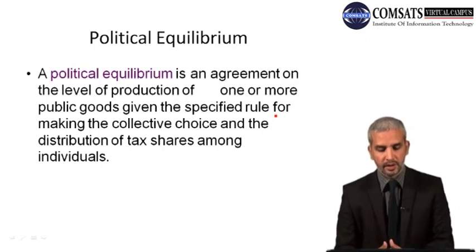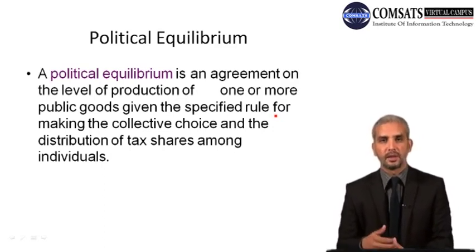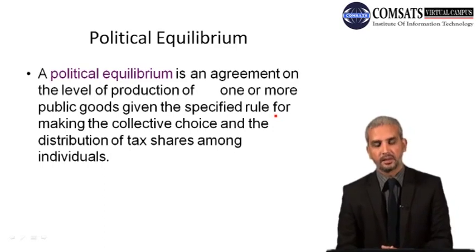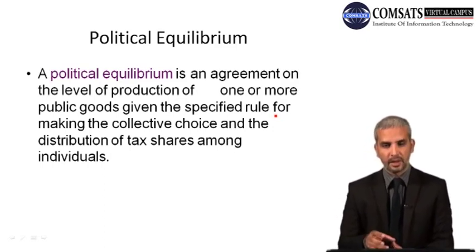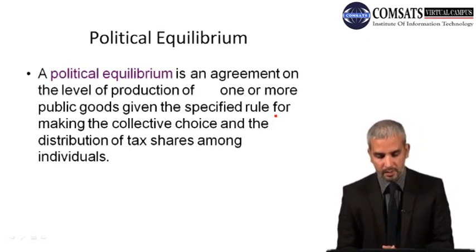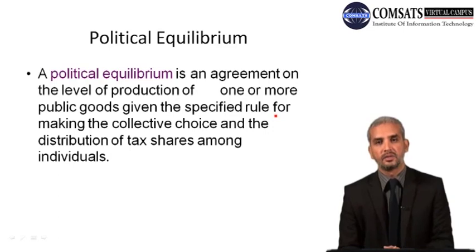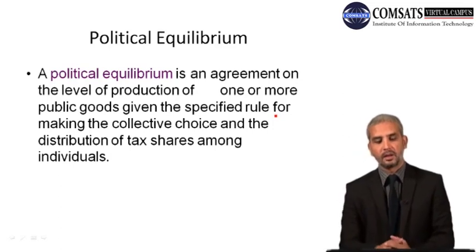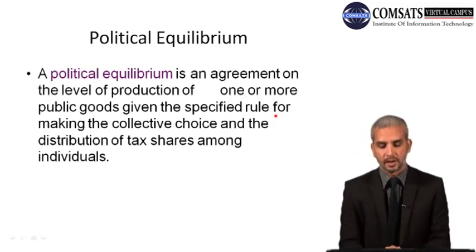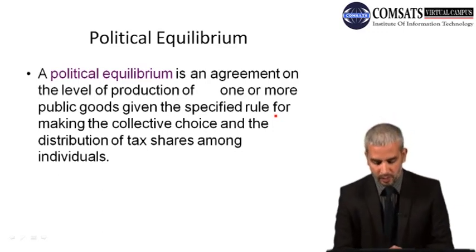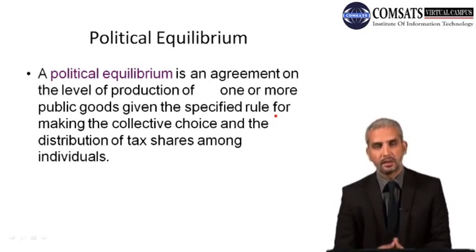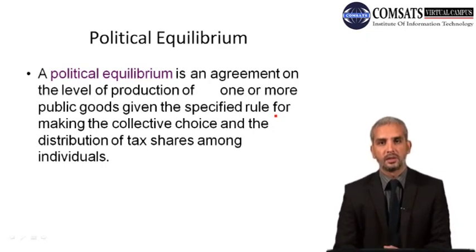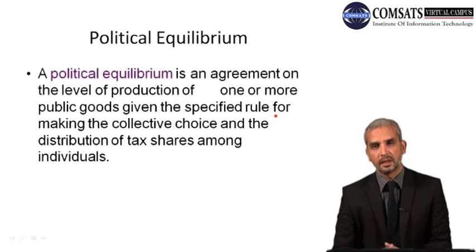We discussed how an individual would make the choice. He would compare the tax price or the tax share that he has to give, and then based on that he would see the marginal benefit that he derives from the use of that public good supplied by the government. This was basically surrounding the supply of the public goods. Now how would an individual choose: he would see the quantity of the public good that he needs to consume and his tax share, and the tax share would actually be the average cost of using that good divided by the number of the individuals.